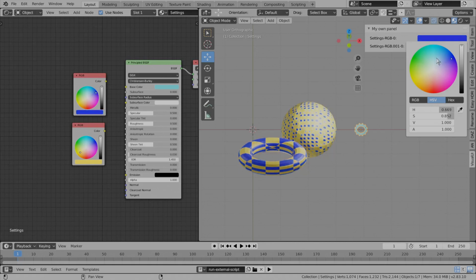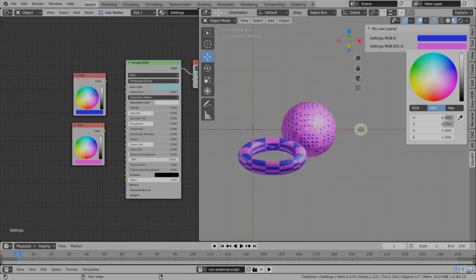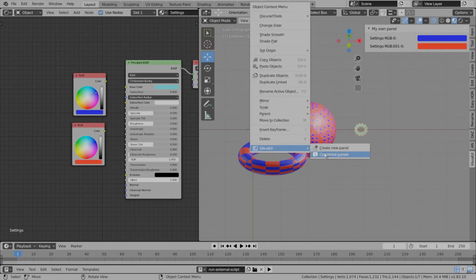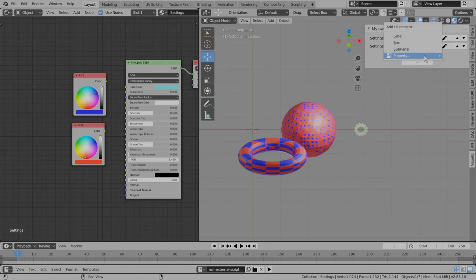But what if we could create them without writing any single line of code, and maybe even save them directly inside our Blender files? In these tutorials, I introduce you an add-on that I wrote to do exactly that.